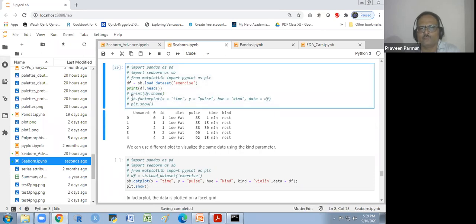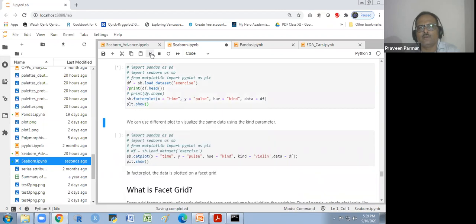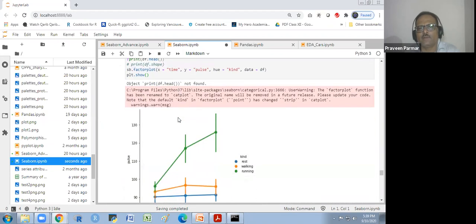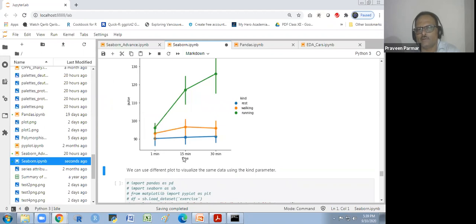So if I create a graph through this, I get this. Time: 1 minute, 15 minutes, 30 minutes, the three times would be there. Rest, walking and running.